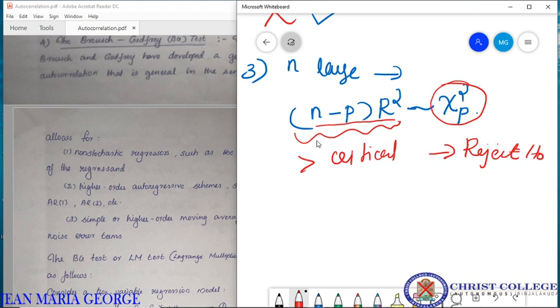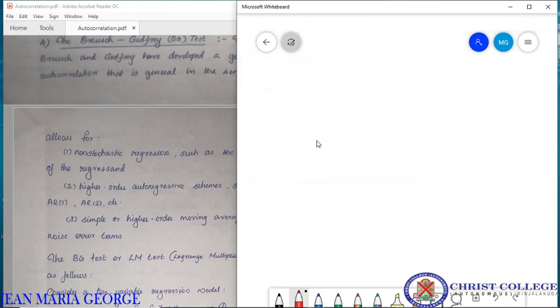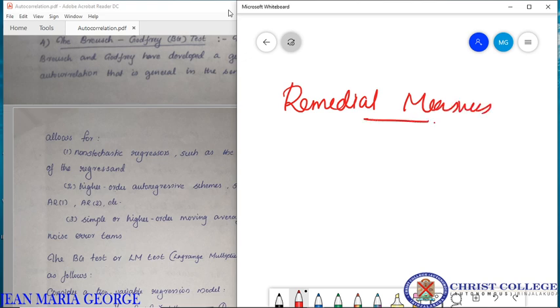That was the detection of autocorrelation. Now with respect to this explanation, we can look at the remedial measures also. There are some simple remedial measures. What are the different remedial measures of autocorrelation? The solution to be adopted is based on the source of autocorrelation, how this problem is occurring. Based on that source, we find the solution.